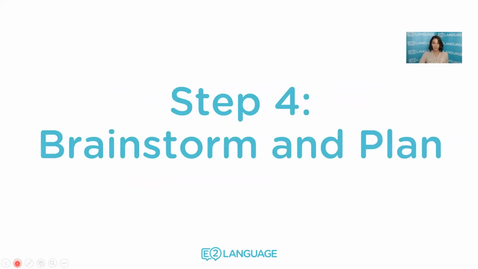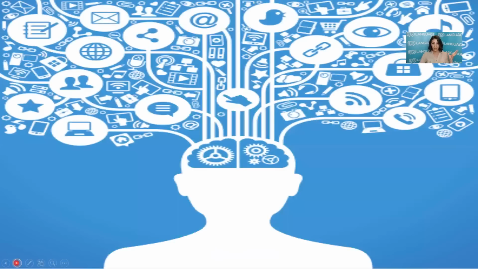So this brings us to step 4. Now that we can understand the different parts of the essay question and break it down so that we know exactly what we need to write about, the next thing we need to do is brainstorm and plan. Brainstorm means think of ideas. So here you're going to have lots of ideas related to the topic. And planning is then taking those multitudes of ideas and deciding which ones I am going to use in my essay